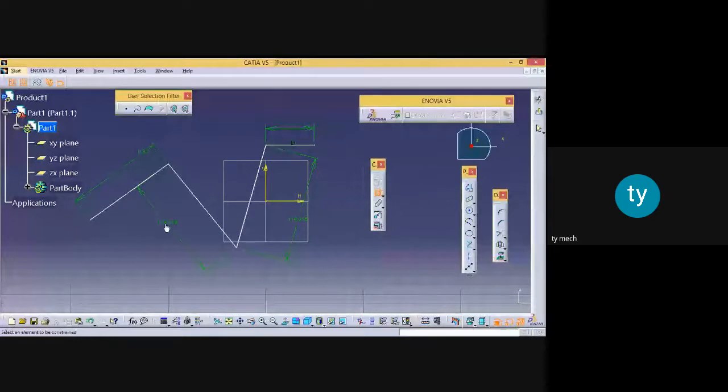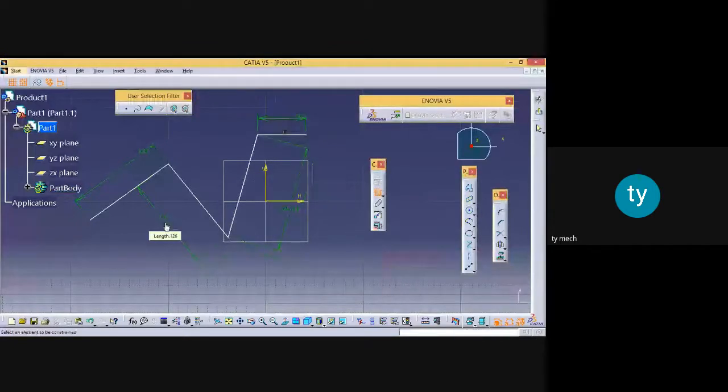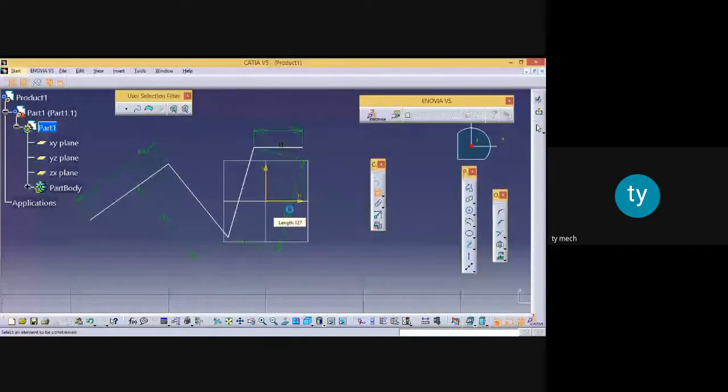So this is 114. Suppose I want to make it 100, so double click and type 100, and you will see 100 here. Similarly, here if you double click on the dimension, you can edit the dimension 100. So this is very interesting in CATIA software.